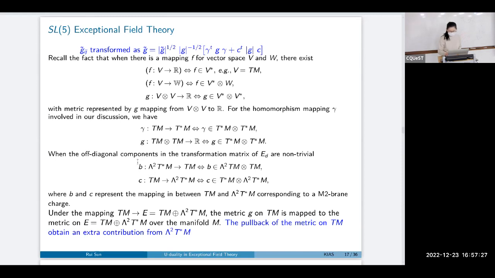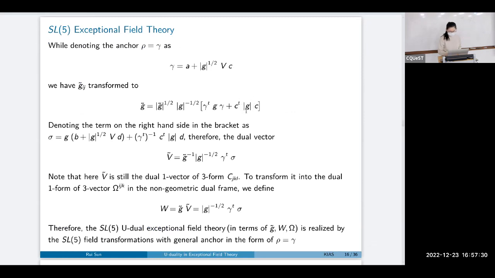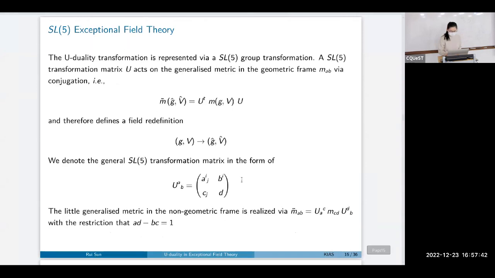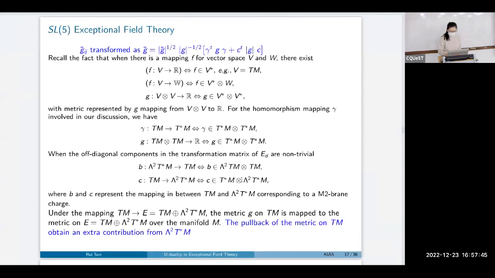So what happened in the extra term? For example, the extra term here. Recall that in the generalized matrix, the upper left corner is a matrix, and when you do the map from the generalized matrix to the dual framework, the upper left corner is still the matrix, but when you want to redefine this matrix in the dual framework,